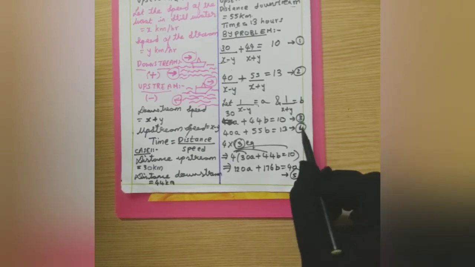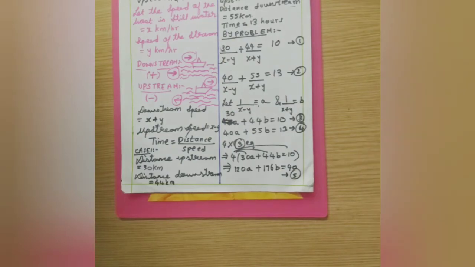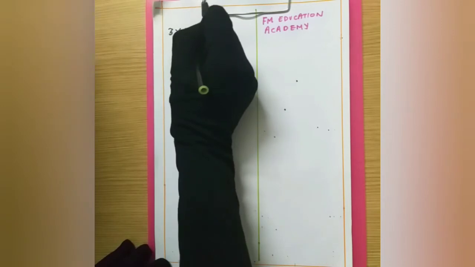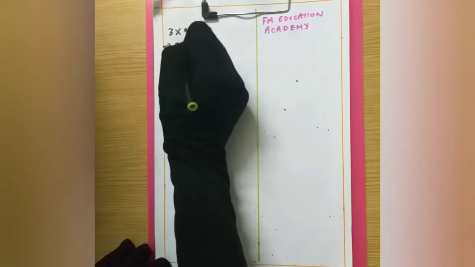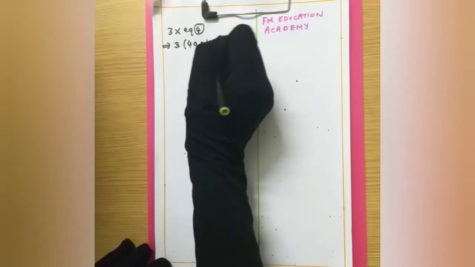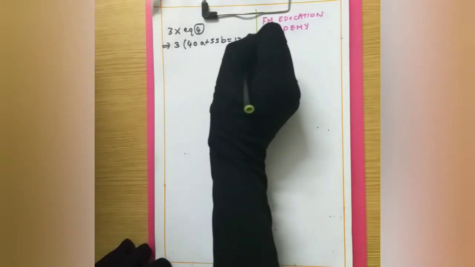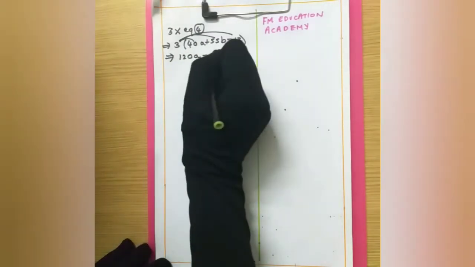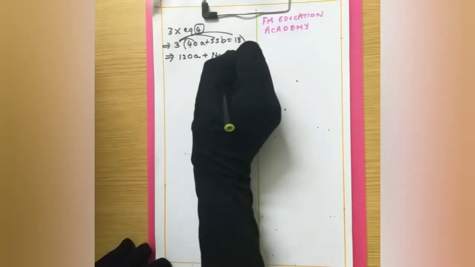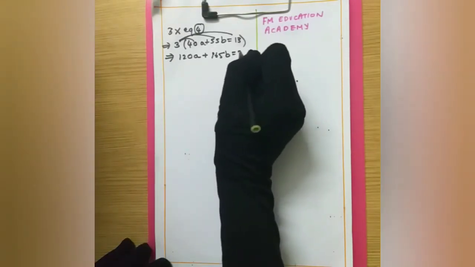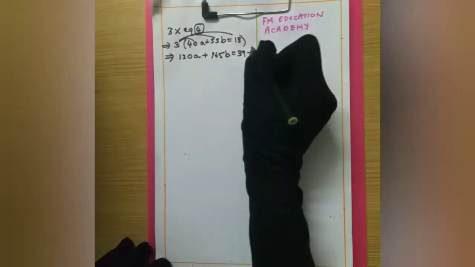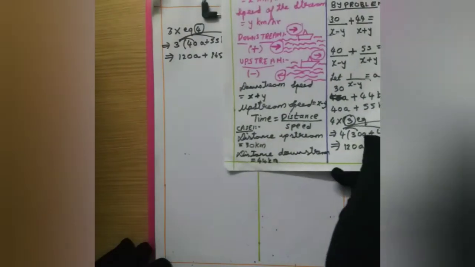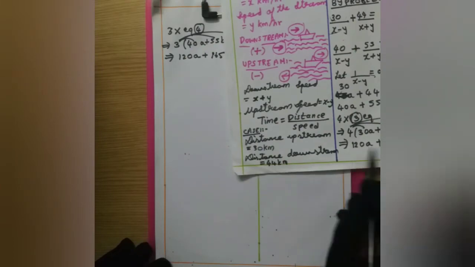Now similarly I'll multiply equation 4 with 3 to get 120. 3 into equation 4. So 3 into equation 4 is 120a plus 165b is equals to 39. Okay, so multiply 3 with each term. 3 4s are 12 and 1 0 I have, so 120a plus 55 3s are 165b is equals to 13 3s are 39. So this is my sixth equation.